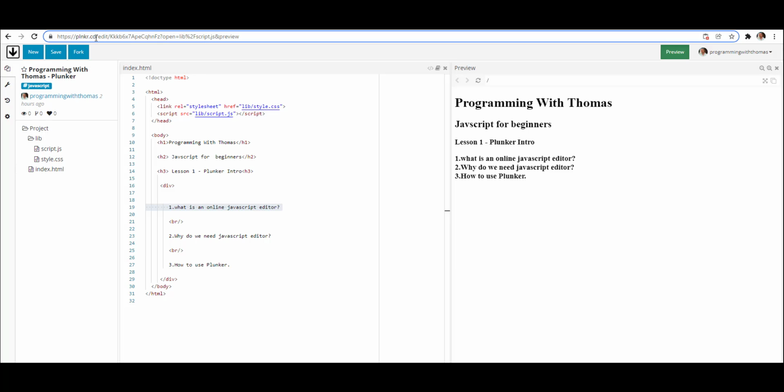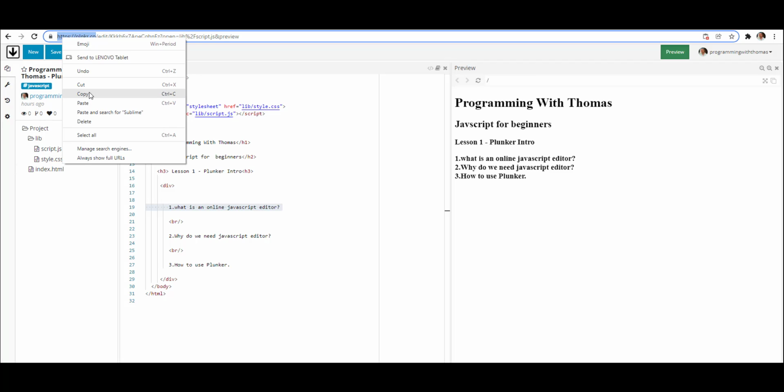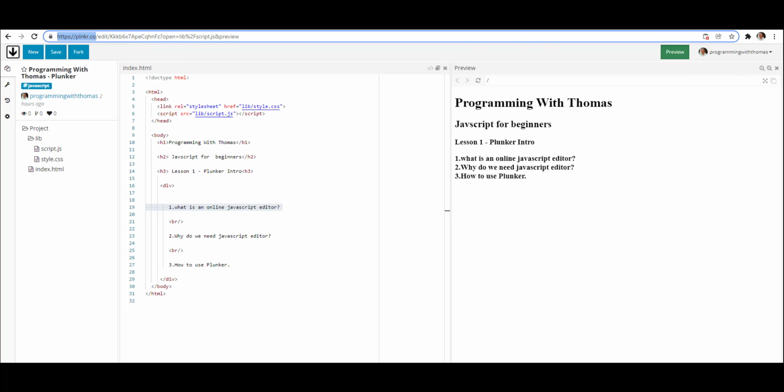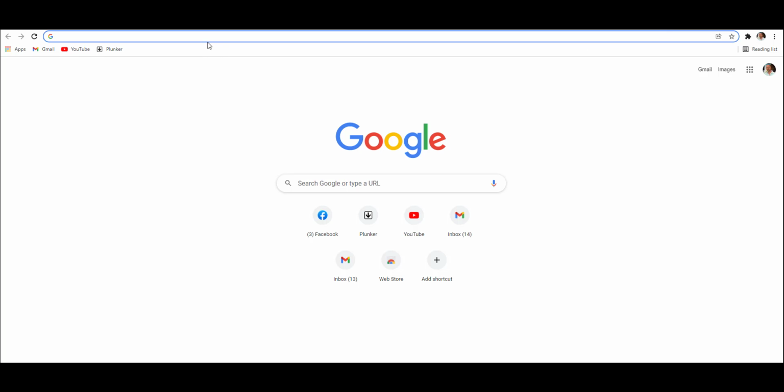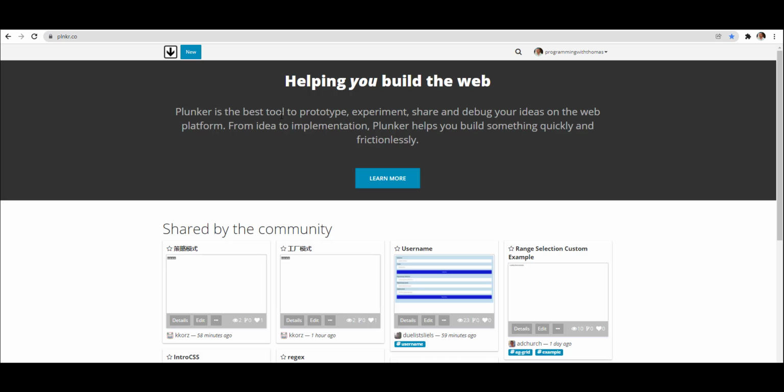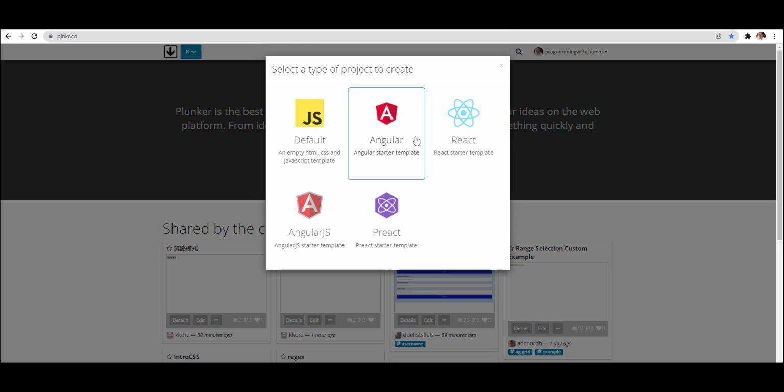Let's just copy that, go to a new tab and paste it, and you will press on new, and there are the defaults, which are JavaScript, Angular, React,